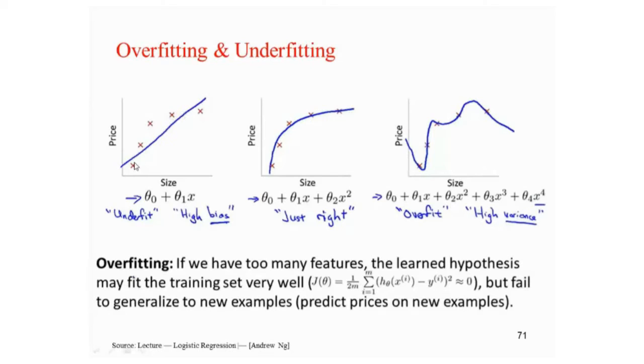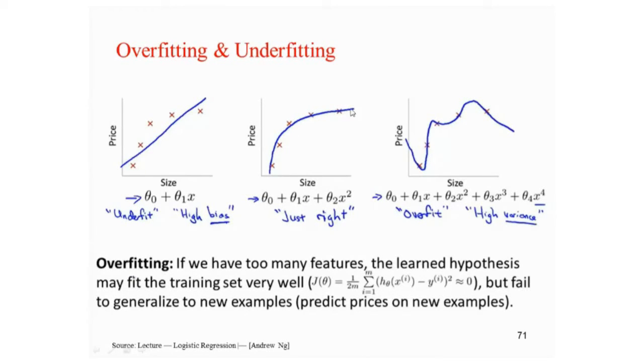So here you can observe that we have 5 data points. If we take the linear hypothesis, we will get a high error on the training data set. This is underfitting, means you are getting a high error on the training data set. So definitely it will produce error on the testing data set. So this is called underfitting, high bias.